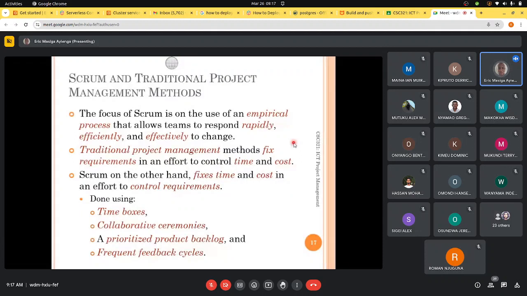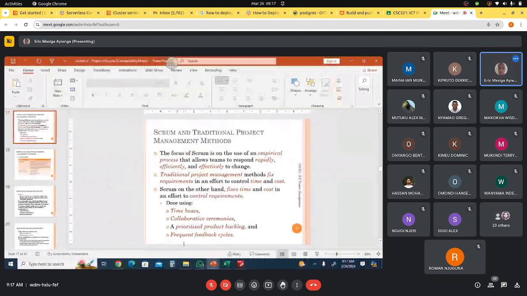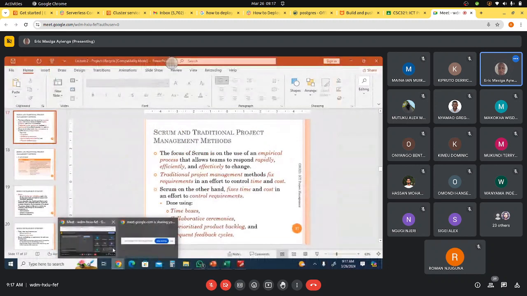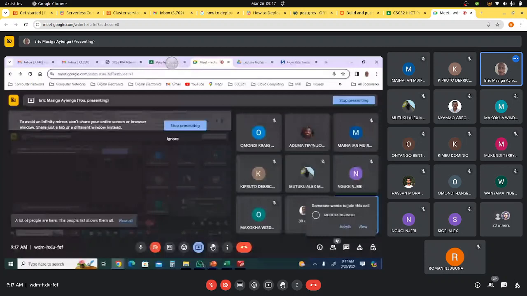Software. Say Scrum is focused on the use of an empirical process that allows teams to respond rapidly, efficiently, and an important question or an important statement that we made is that